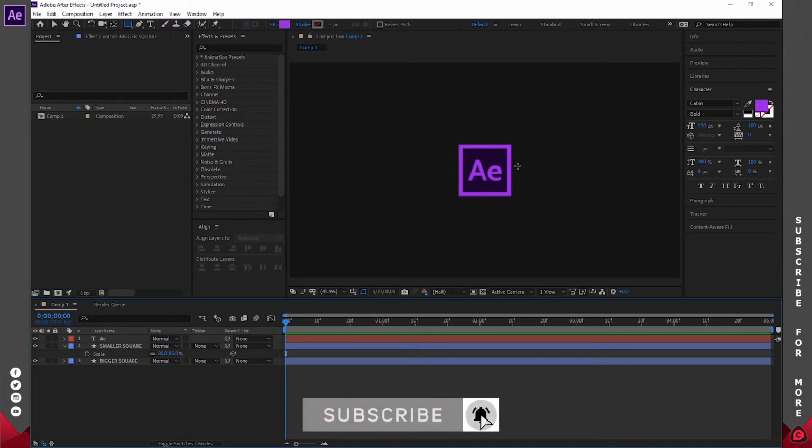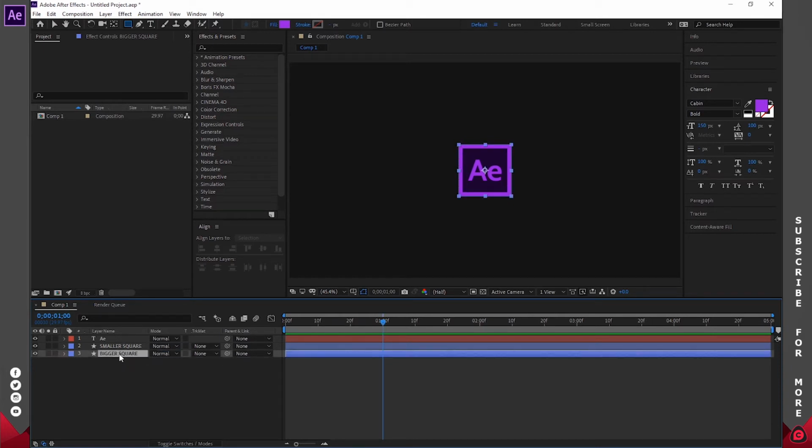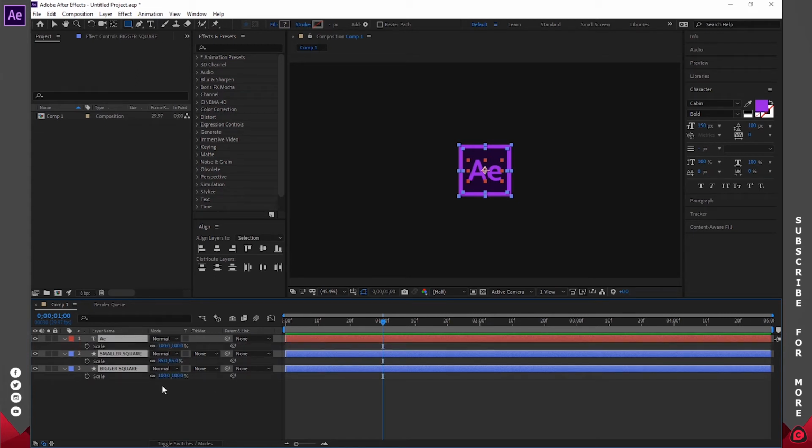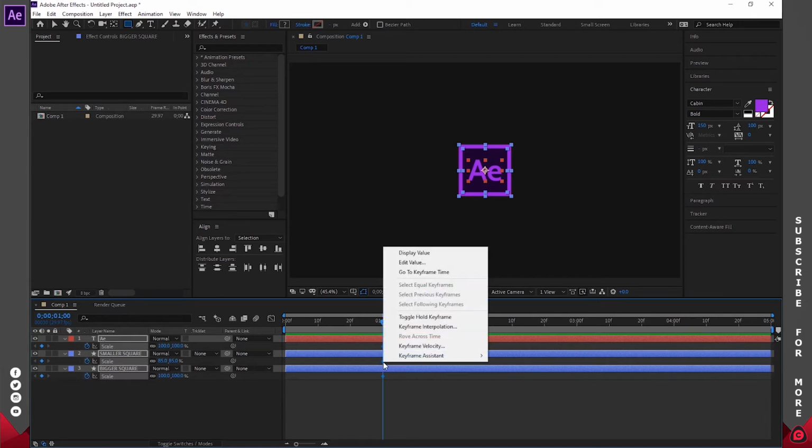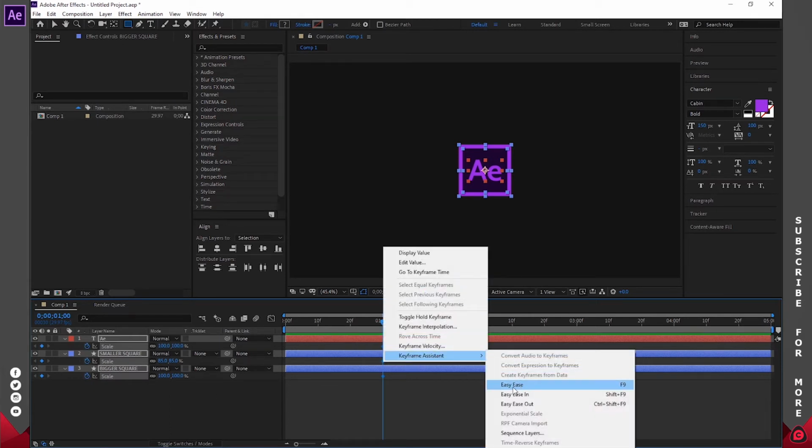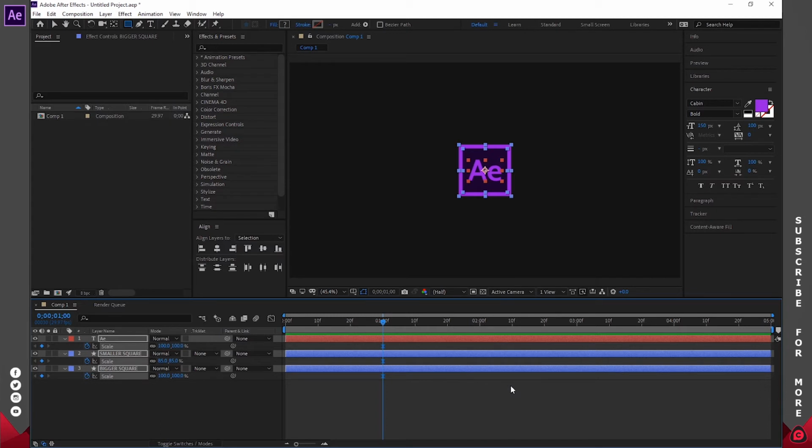In case you have a logo, you have to be able to separate them into 3 layers for this to work. So I'll move the playhead to about 1 second and make sure that I select all 3 and hit S on my keyboard. So S for the scale, and I'll create a keyframe for all of them. Right click and go to keyframe assistant and click on easy ease. You can use the shortcut F9